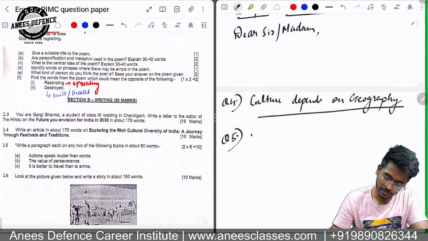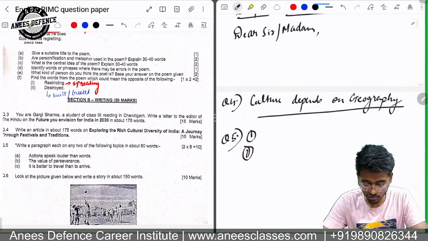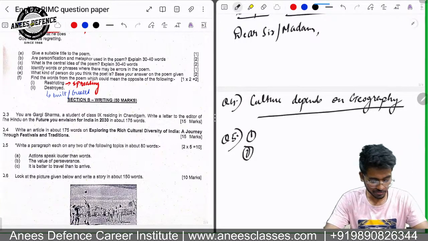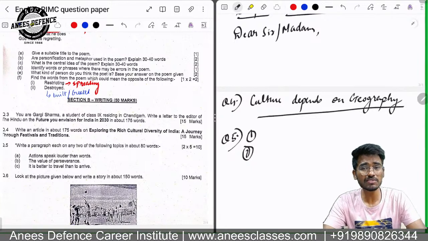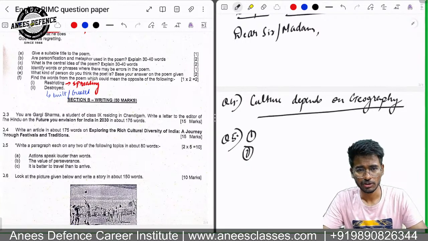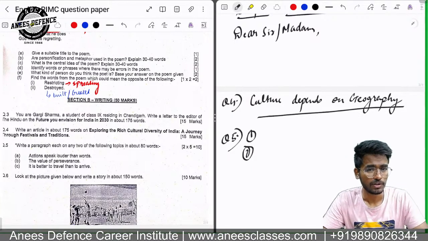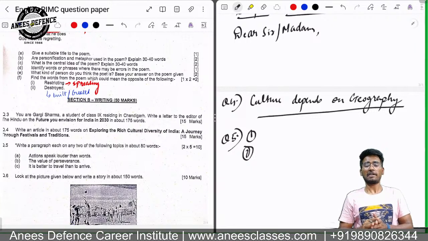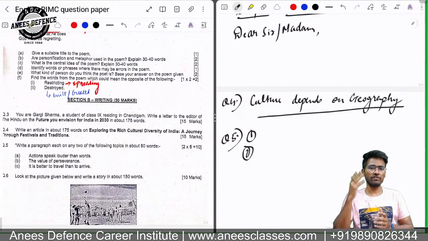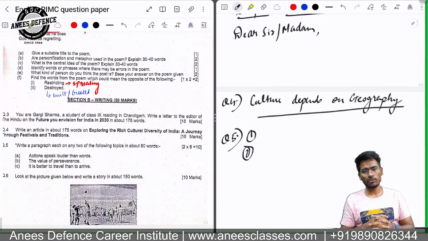The first one we did. The second one is nothing but the value of perseverance. Now, first of all, what is perseverance? Perseverance is nothing but that grit to stay connected towards the goal. Many people in this world envision a goal in their mind but are unable to achieve it, they get tired, and they leave the job in between.